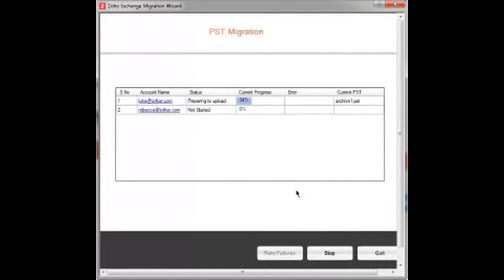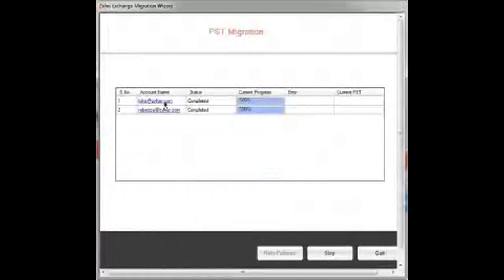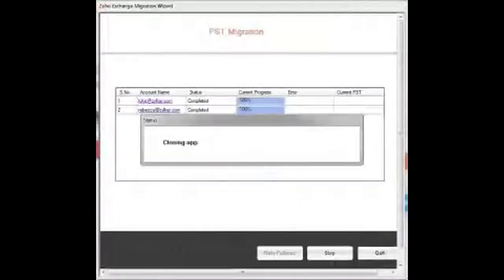You'll see that the progress of the migration is being reported real time in this view. So you can see that the migration process has been completed. So that was a quick view of the analytics that are available even inside the Migration Wizard. So that is how you go about the PST migration.